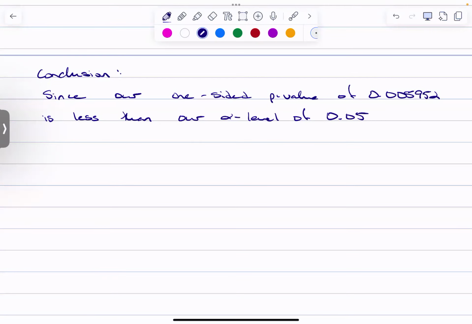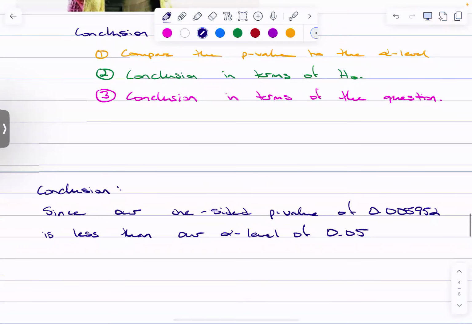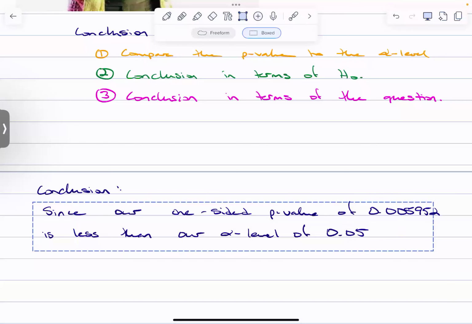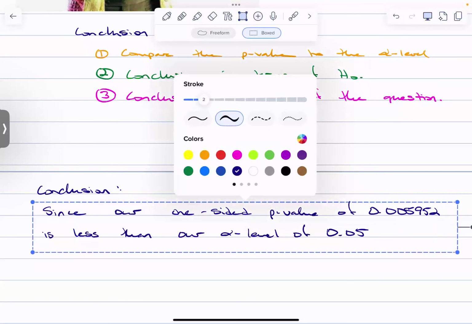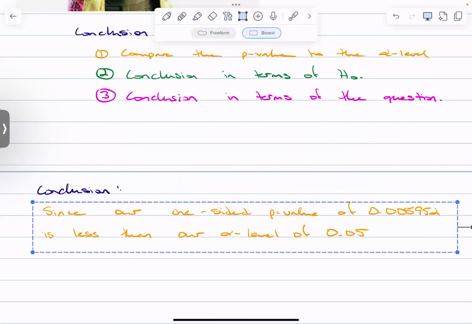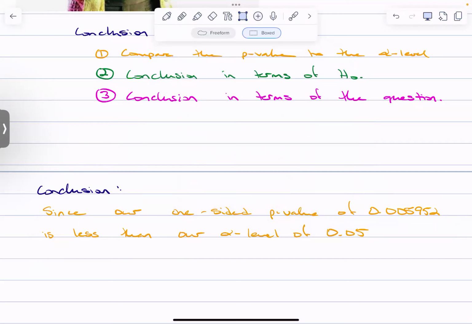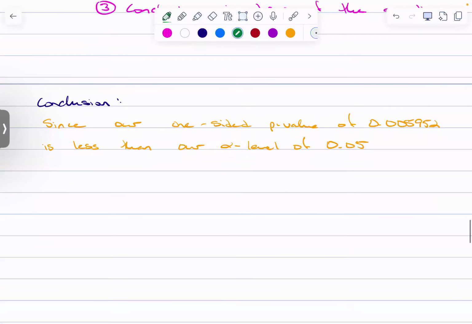So it is less than our alpha level, so it is small enough, right? Let me match the color scheme. There, you've compared the p-value to the alpha level. That's what that looks like. So it is less than our alpha level at 0.05,